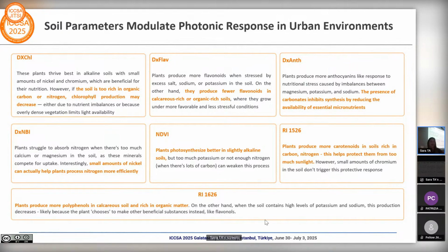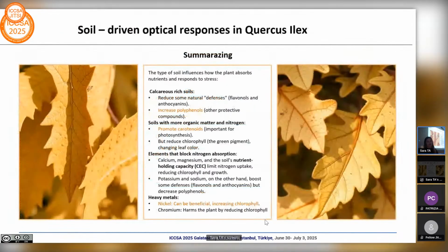And instead, a small amount of nickel, also chromium, actually helps plants process nitrogen more efficiently. So plants photosynthesize also better in slightly alkaline soils and produce more carotenoids in soil rich in carbon and nitrogen, that help protect them from too much sunlight. And finally, regarding polyphenols, plants produce more polyphenols in calcareous soil rich in organic matter. So summarizing, we can see that calcareous-rich soil reduces some natural defense but increases polyphenols,